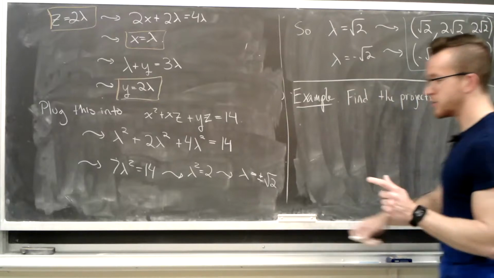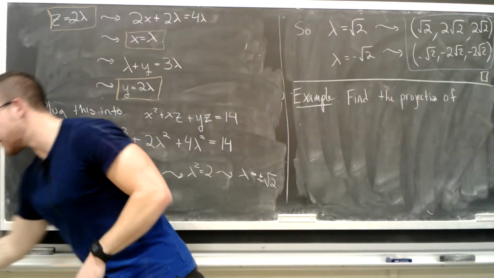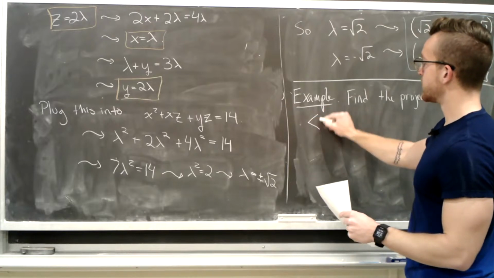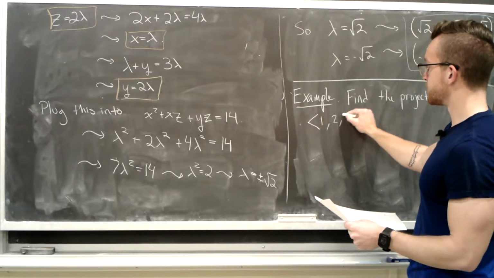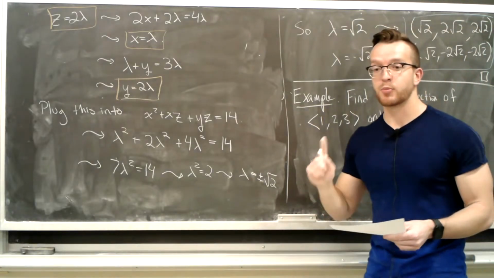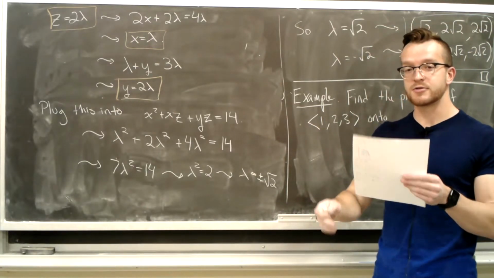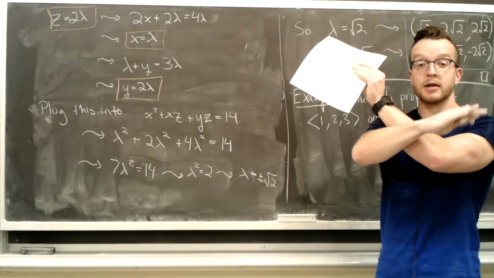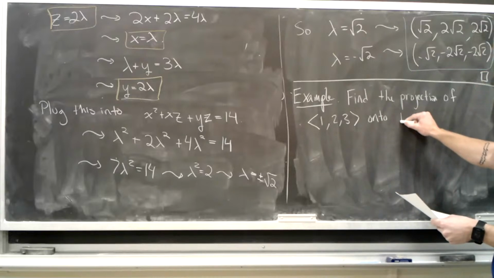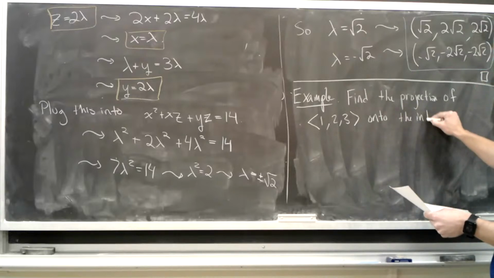Find the projection of, and the vector I picked was 1, 2, 3. How creative of me. And what am I projecting to? I'm going to project onto the intersection of 2 planes. So find the projection of this vector onto the intersection of